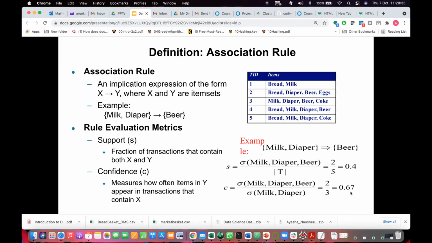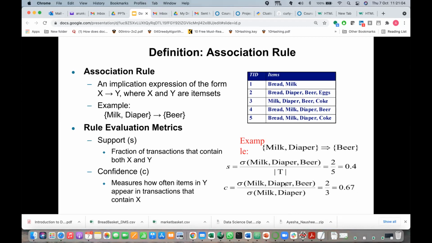Then people ask immediately how many times you tossed that coin. One. Then they will not consider that a good example to decide whether the coin is biased or not. They'll ask you to do it 100 times. Then you may get 49 or 51 times, which is almost the same, so it is unbiased. Here also, how many times have you seen purchasing milk and diaper? 2 times. Along with this, how many times did they purchase beer? 2 times. So 100%, they purchased together.